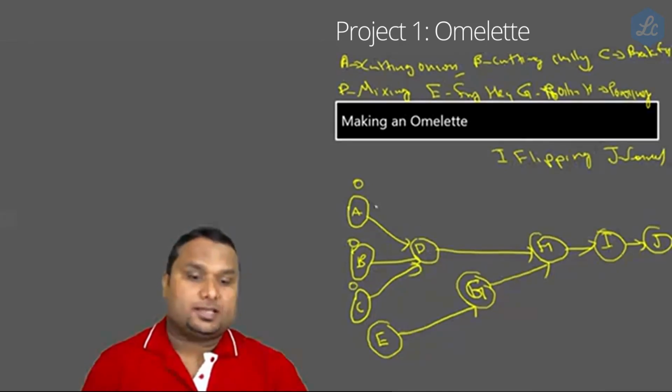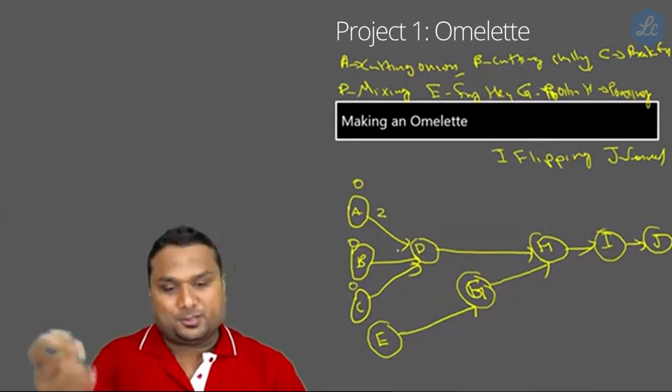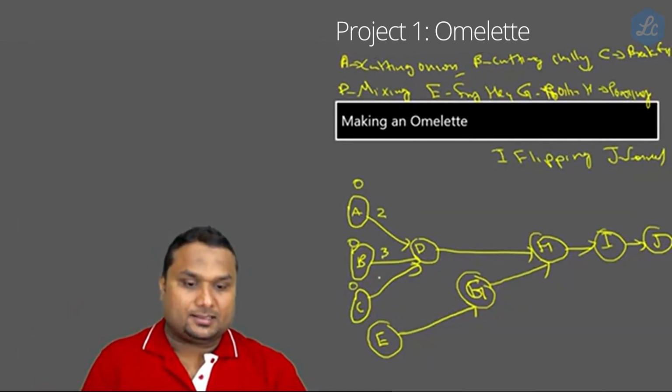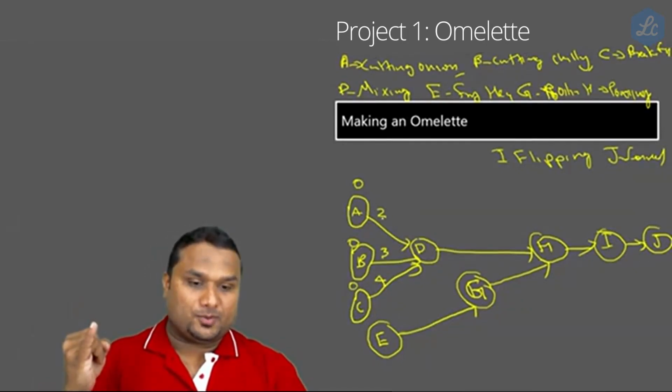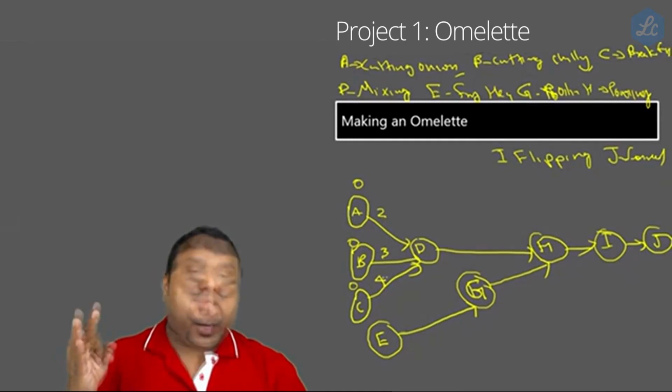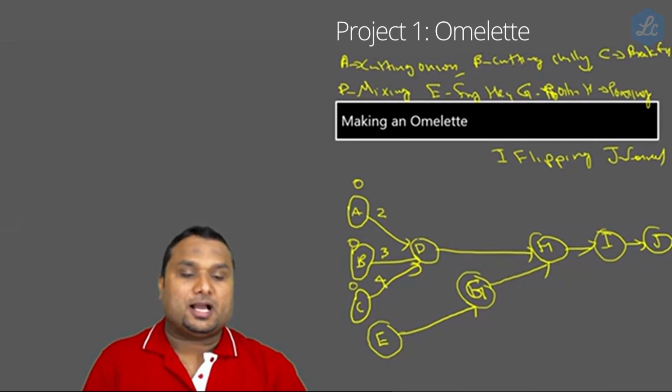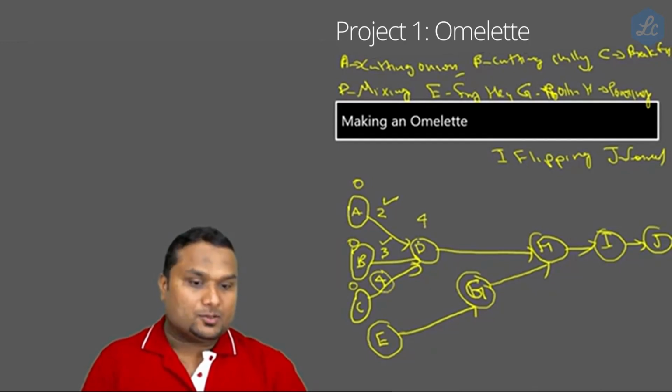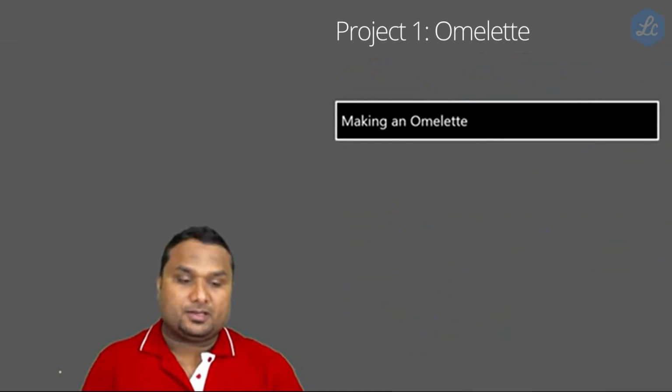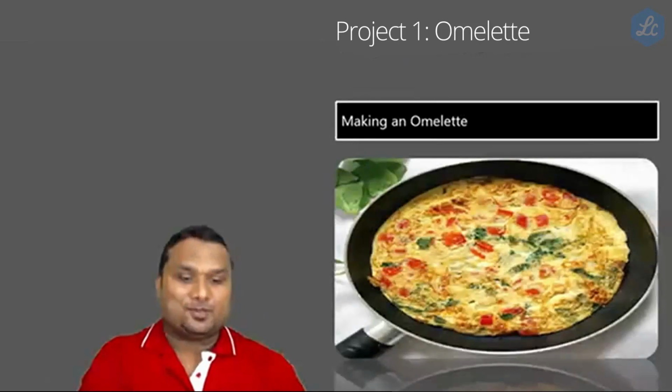Okay. Now, let's say this is a 2-minute process, this is a 3-minute process, and this is a 4-minute process. Cutting the onion has to happen, cutting the chili has to happen, and breaking the egg has to happen. So all these should happen. So only after finishing all these three, the job D can be started. So this will be done in the 2nd minute, this will be done in the 3rd minute, but this will be done only in the 4th minute. So you have to wait until the 4th minute. Okay. So this is the starting activity of D. Like that, the application of time is given in the coming problem. So I gave a very basic fundamental concept to understand project management.